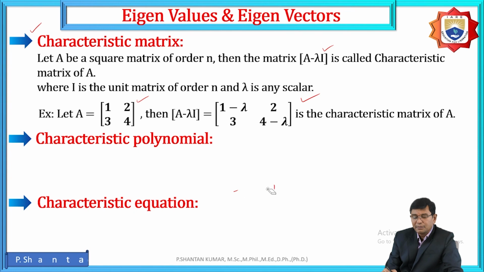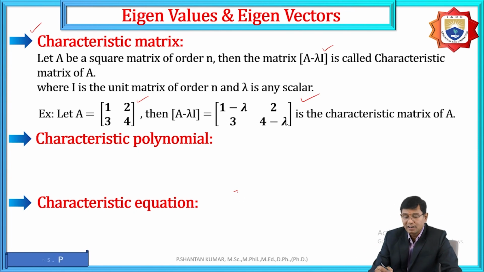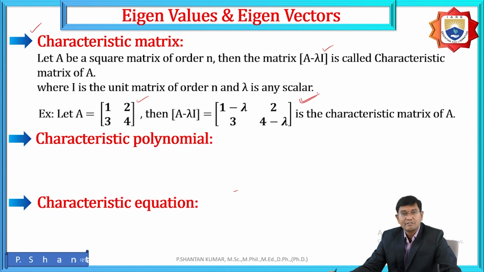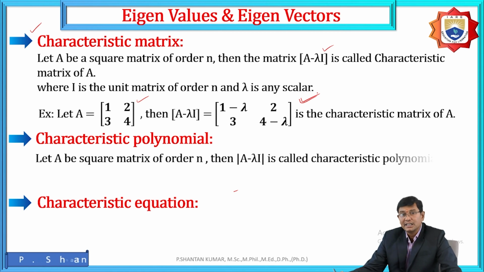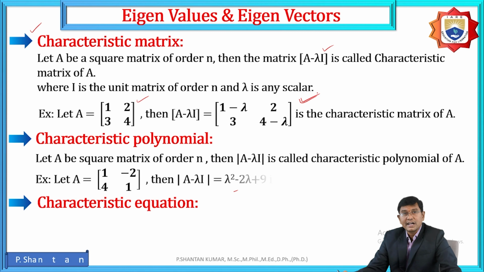The characteristic polynomial is nothing but whatever you obtain from the determinant of the matrix A minus lambda I. That means the det of A minus lambda I is called the characteristic polynomial. Based upon whatever example we assume, here the det of A minus lambda I is equal to